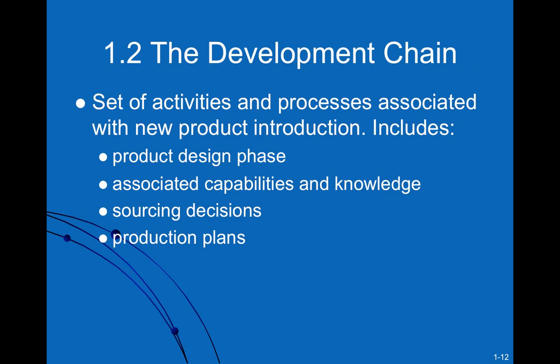So the development chain is really a set of activities and processes associated with new product introduction. And so there's usually a design stage. Then one has to determine what sort of capabilities and knowledge the organization has to have. We need to decide who we're going to source from, and of course what your production plans are going to look like. So if you're producing a new cell phone, or hard drives, or automobile parts and so on, if you design something new, once you've designed that and you have a production plan